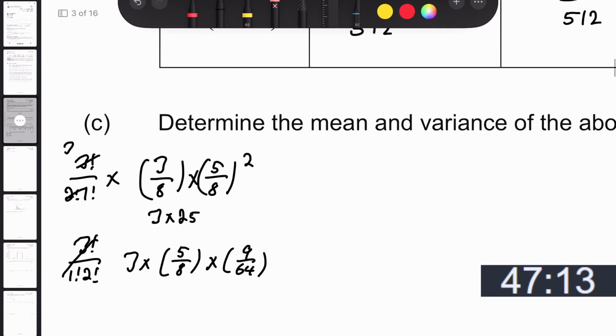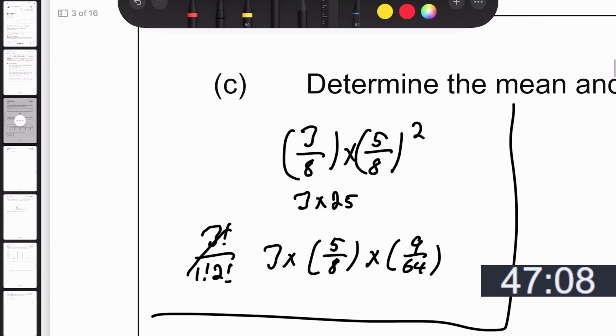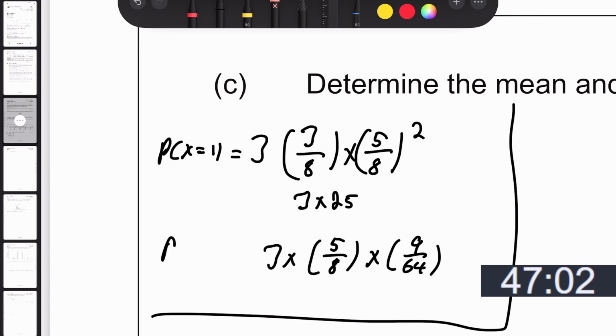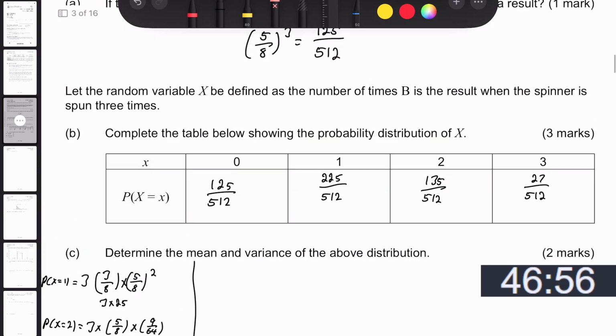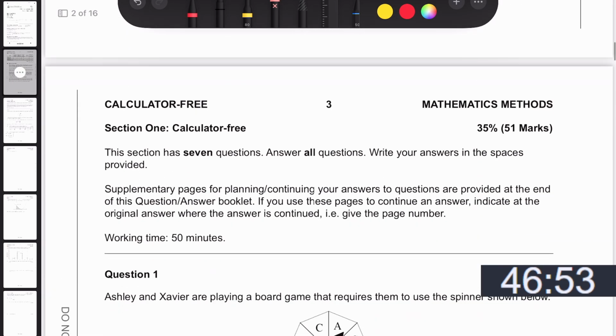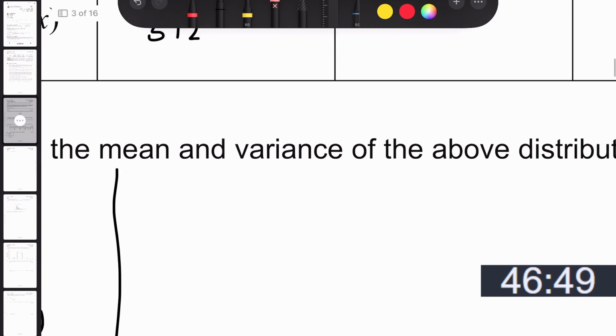Okay, I guess I'll leave that there. I'll say the probability that X equals 0 is equal to that, X equals 1 is equal to that, X equals 2 is equal to that. Okay, determine the mean and variance of the above distribution. This is the calculator free section right here. It is. Okay, so the expected value of X is going to be